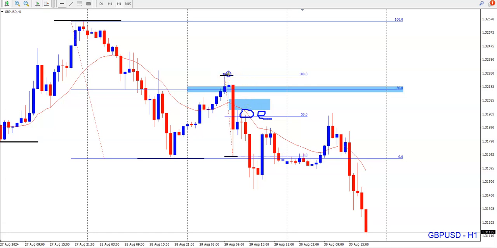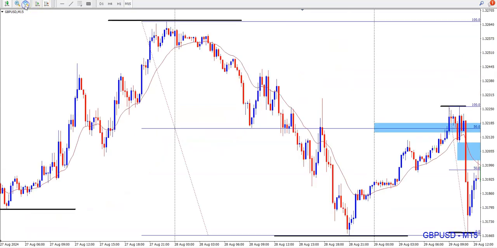Stop loss above the structure, above the high of the day, and what you want to target, as I said, is the 4-hourly sell side liquidity, the lows, and the lows of the day at that point of time. So we are looking for more than 1-to-1 in terms of risk and reward ratio. So this was a beautiful structure shift on the 1-hourly, and if you go to the 15-minute time frame, you